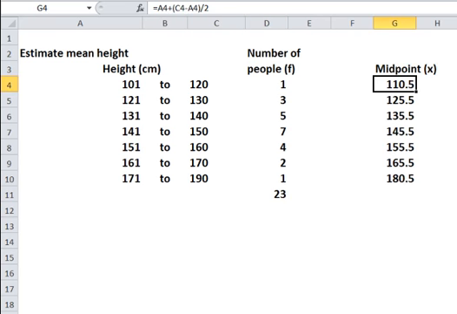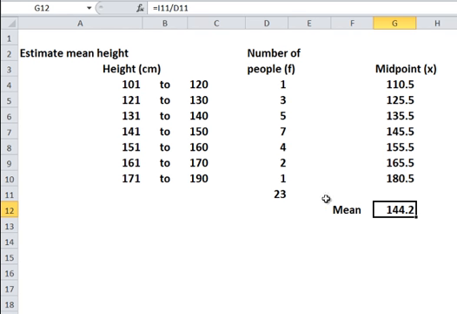The midpoint here, well, the midpoint I just typed in as this little formula here, which I couldn't find a proper one, so I just invented that one, I think. So those are the midpoints. And if you multiply the midpoints by the frequency, you get this there. And the mean is just this one